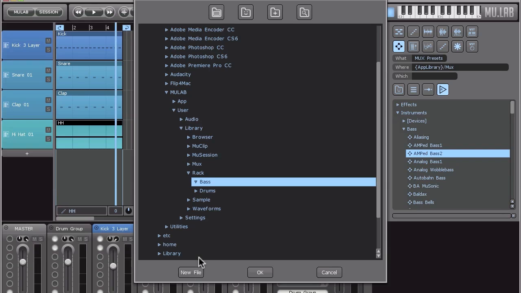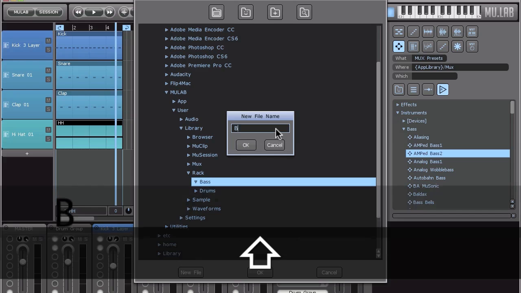And under that folder, I can create a new file for my preset and call it bass